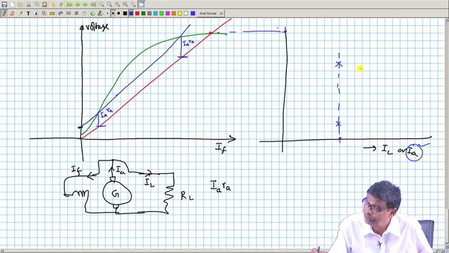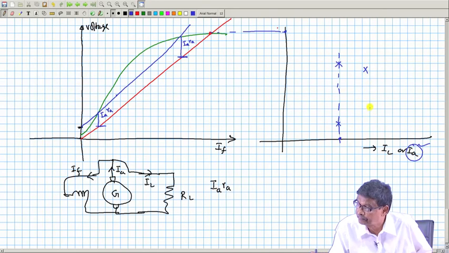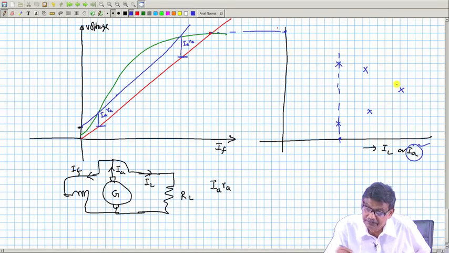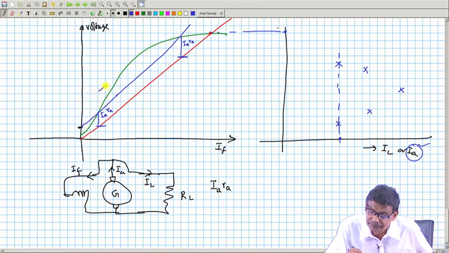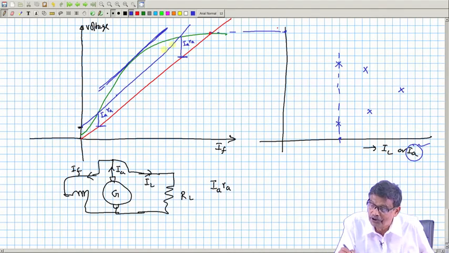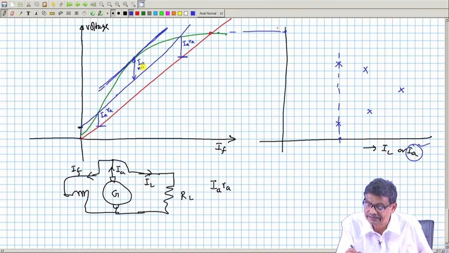So, like that I will go on doing 2 values for another armature current, and you will get this final value corresponding to a line parallel to the field resistance line, but touching, not giving you 2 points of intersection. There it is a single valued current. This current is IA maximum, if you call it IA max into RA,